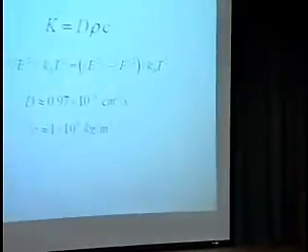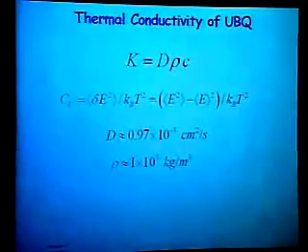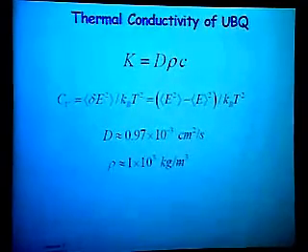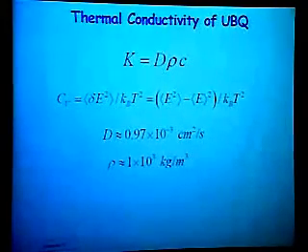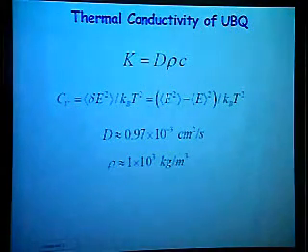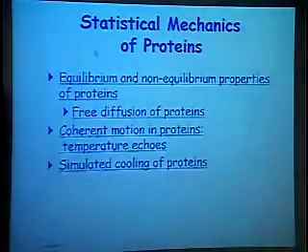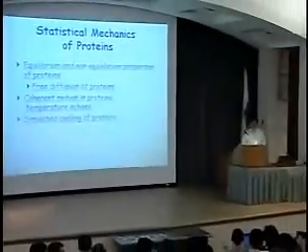I'm not telling you what the value is, because this is one of your hands-on sessions. You are going to calculate that. But after you calculate that, just go back and figure out what the thermal conductivity of ubiquitin is, which should be a pretty good estimate for most globular proteins of density around the same value as the density of water. And I think it's time for me to finish up. Thank you very much, and we can discuss later.